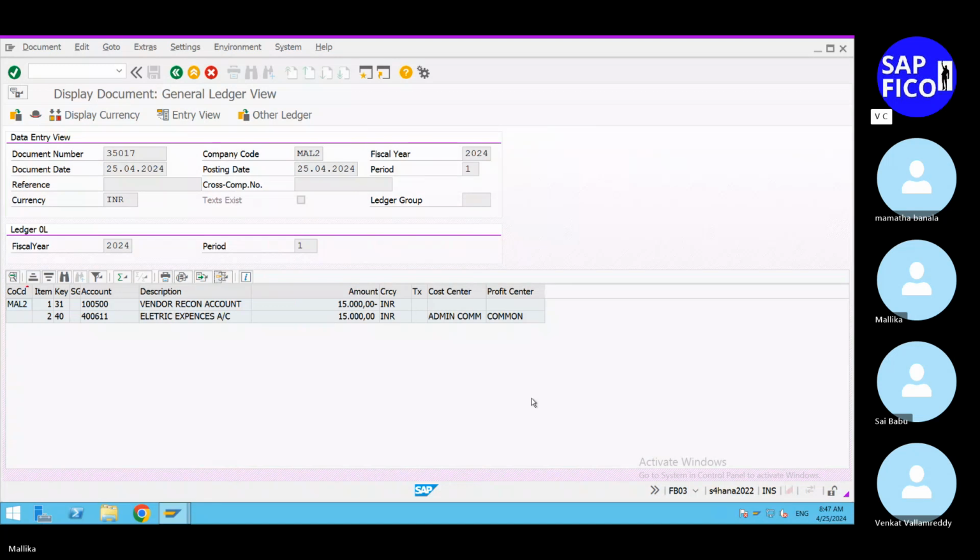Okay, right. So admin common is there and common profit center is there for the electricity expenses and all of you. Okay, so I will take out the screenshot. Okay, good. So now what we need to do is all of you, we will try to post